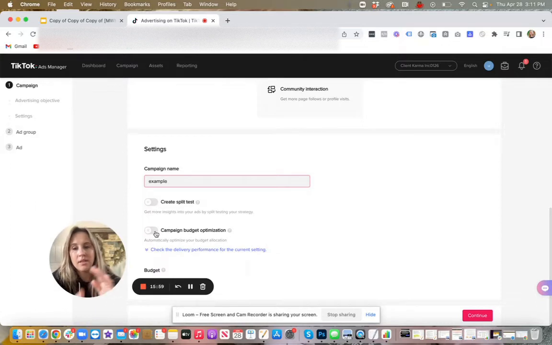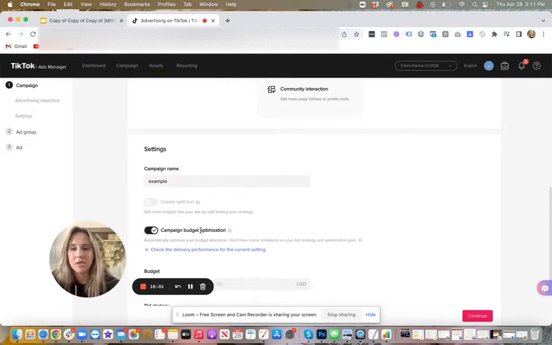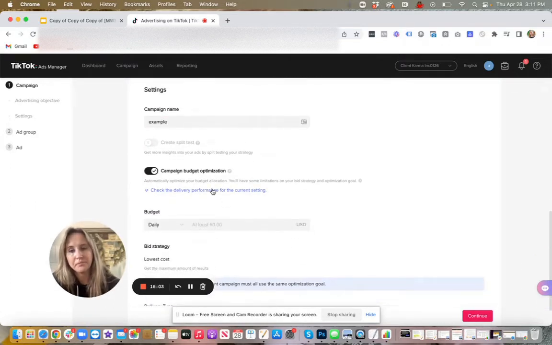I have been using campaign budget optimization. Technically, you should only use this if you're going to have multiple ad sets. It's just been working well for me, even though I've been running the campaigns with a single ad set. But take that for what it's worth. This is how I've been doing it.